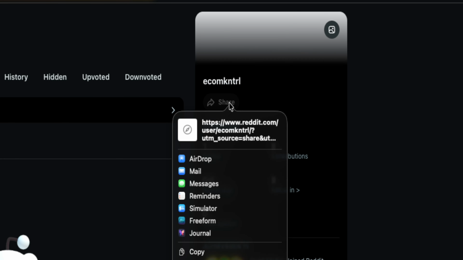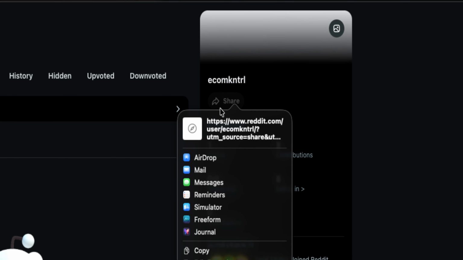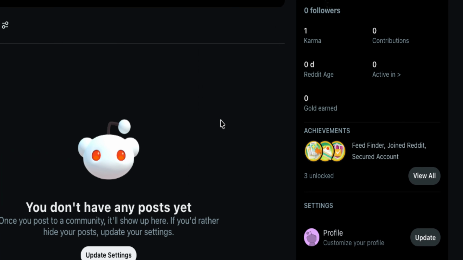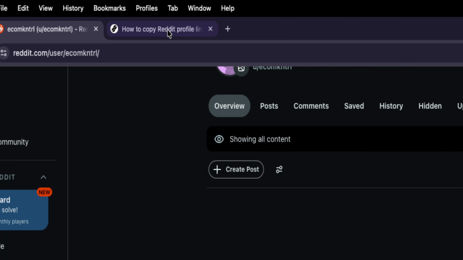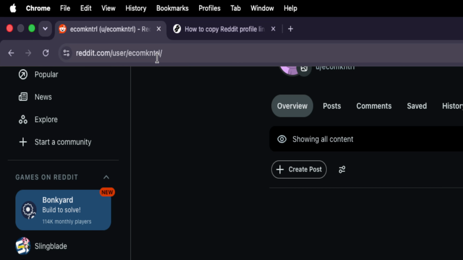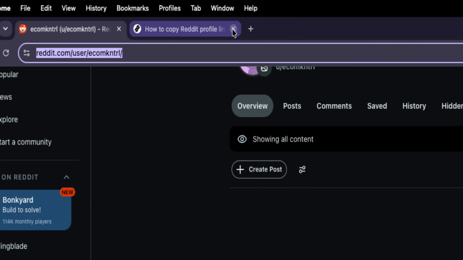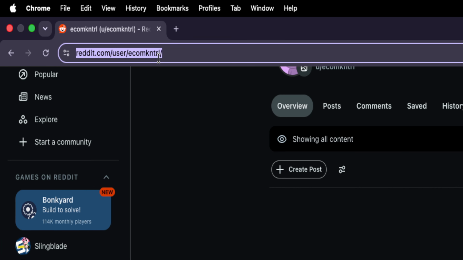If you don't see the share icon, or if you prefer a manual method, you can simply go to your browser's address bar at the top of the screen, highlight the full URL, and copy it. That address is your Reddit profile link. The format usually looks like this: https://www.reddit.com/user/your username. When copying the link manually, make sure you copy the entire address so the person receiving it